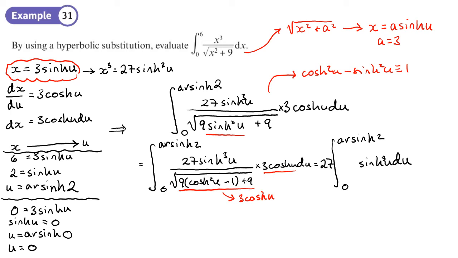There you go. So we just need to integrate that. Now we came across one like this before, and we said that if we write this, like odd powers like this, if you write this as sine u times sine squared u, then use this identity here, and replace the sine squared u, then what this will become, so I'm just going to do this in little steps down here, is cosh squared u